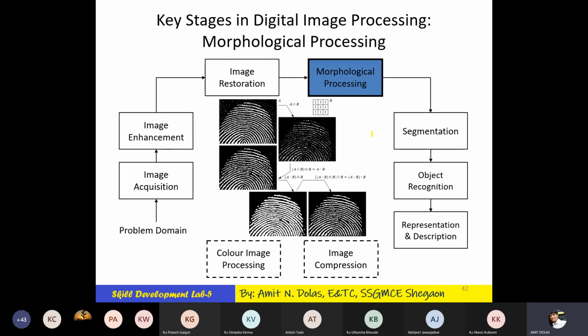Then morphological operations. We are not dealing with what these operations are here, but your input image has noise in the background as well as the foreground. We are interested in only these patterns, fingerprint patterns. That is extracted and a very clear image is obtained using morphological operations here. We have seen one of the morphological operations earlier also.